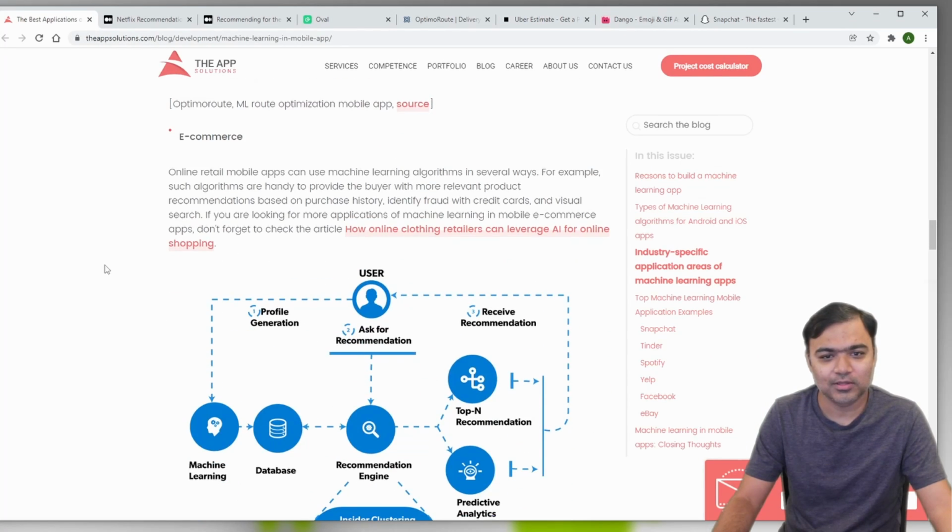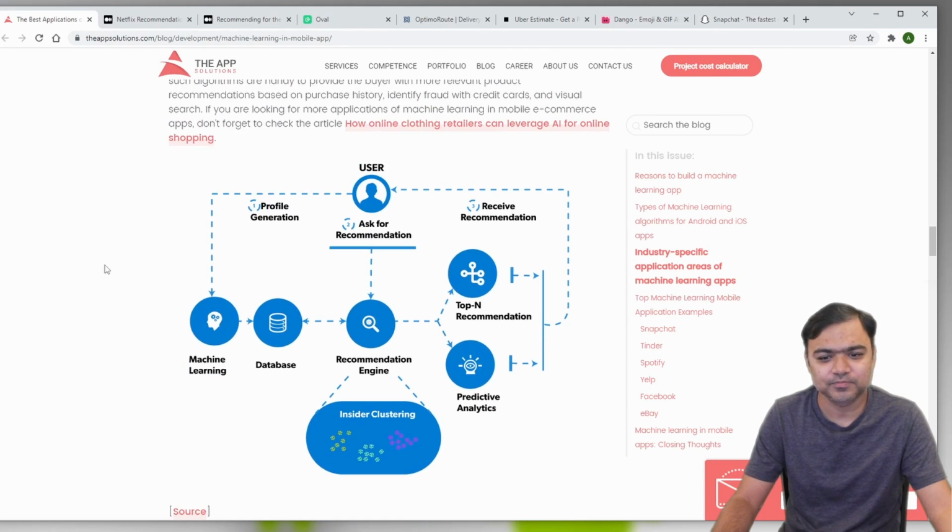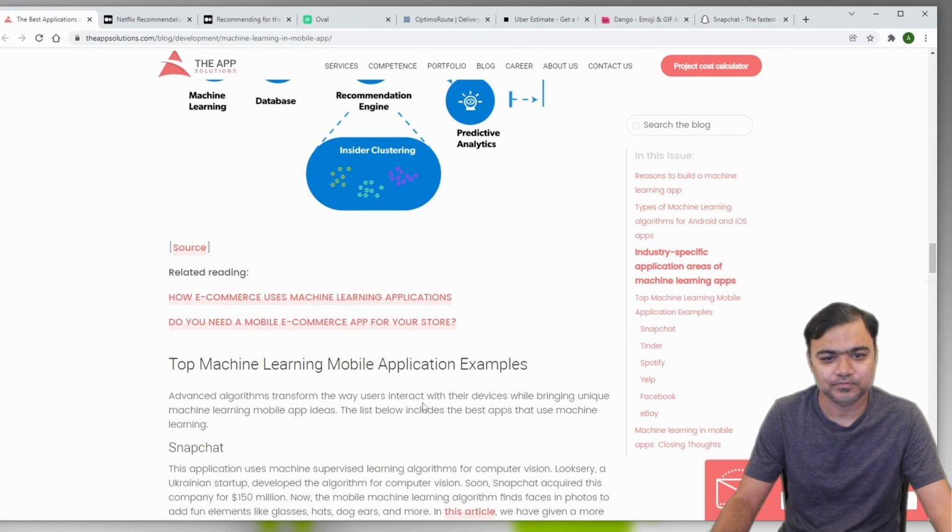So coming back to this blog, then we have the e-commerce companies. This is how they use it. This is like a normal recommendation engine setup, where they use a combination of recommendation and clustering to predict what a user will buy when he's on the website, like showing him recommendations for you, or when he's doing some transaction, to identify frauds, or to know whether a person is abusing the website. Most companies and websites now have an abuse check, but it is more suited for e-commerce companies because of the return policies and fraud with credit cards.